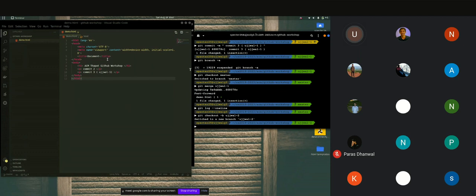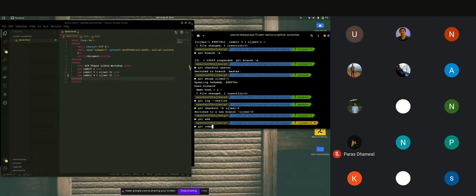So now I will make some changes here. I will add those changes to the staging area, and I will take a snapshot of those changes using git add dot and git commit -m.